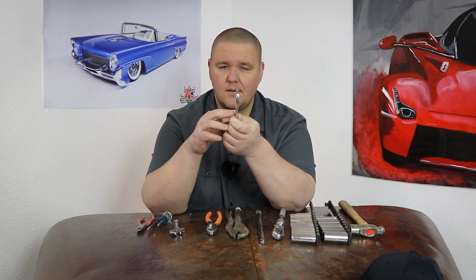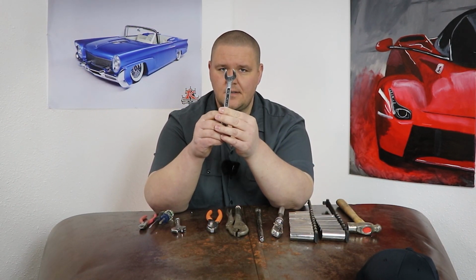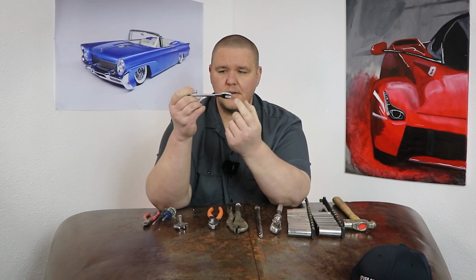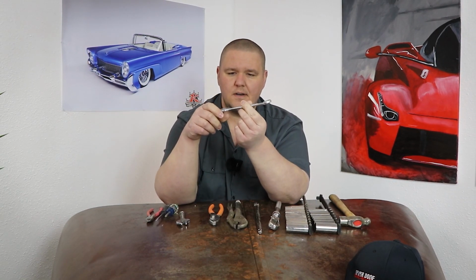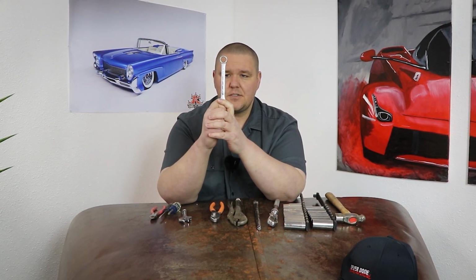Now these are a little bit better at getting into places because they have not only the box end out here that's open like that, where you can get that in there on your bolt and undo it, but they also have this back side here that you can get on your bolt and undo it that way. And there's actually a way that you can link them together for a little bit more leverage. And so this is going to be the second least expensive way to undo bolts,